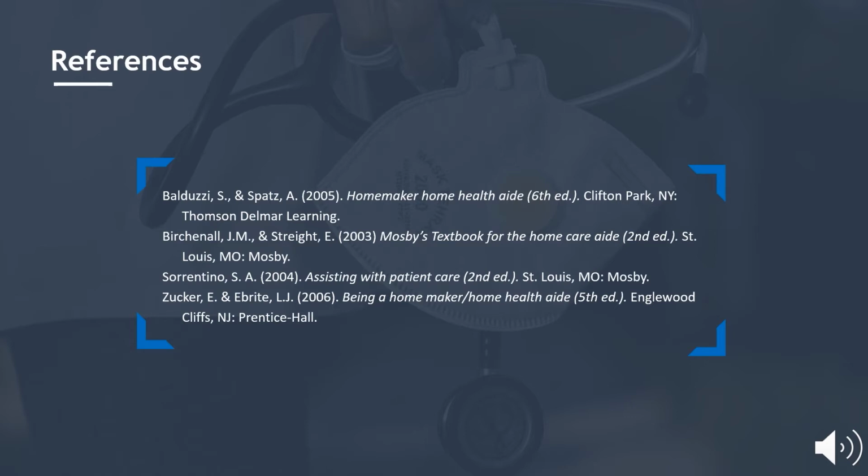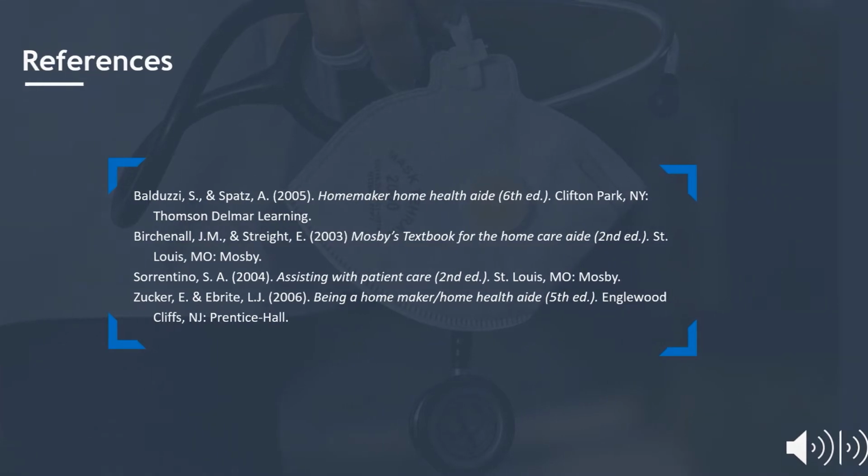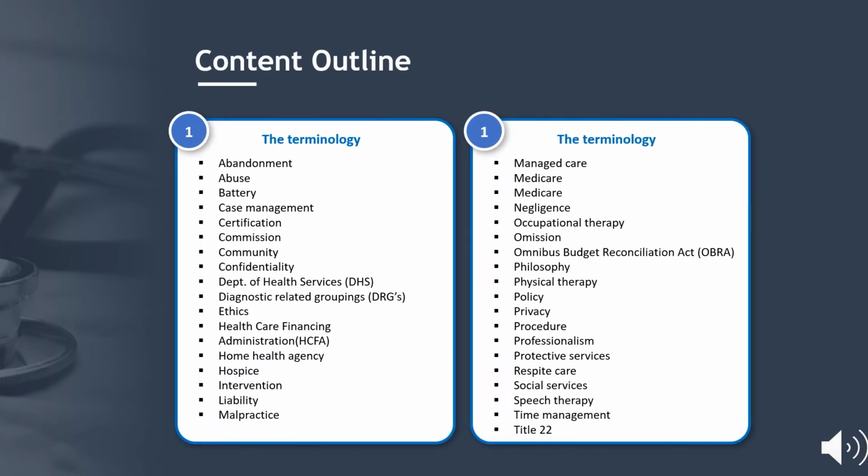Sorrentino, S. A. 2004, Assisting with Patient Care, 2nd edition, St. Louis, Missouri, Mosby. Tucker, E. and Ebright, L. J. 2006, Being a Homemaker, Home Health Aide, 5th edition, Englewood Cliffs, New Jersey. Prentice Hall. Content outline. The terminology: abandonment, abuse, assault, battery, case management, certification, commission, community, confidentiality, Department of Health Services,